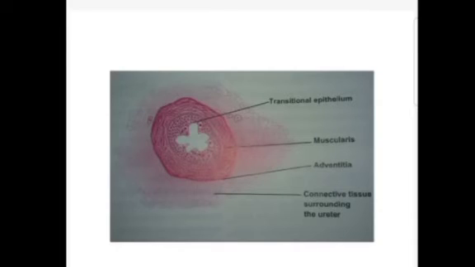This is the ureter, a star-shaped lumen, a very small structure. You can see the transitional epithelium, again 6 to 8 layers of cells. The superficial cells are umbrella-like or dome-like cells. Some of the cells are binucleated. Then there are pear-like cells, and all these cells are lying over a basal lamina, and just beneath the basal lamina is the lamina propria. This is the mucosa. Then comes the muscularis, and the muscularis consists of 2 layers, the inner circular and outer longitudinal, and then is the adventitia, which is the connective tissue surrounding the ureter.